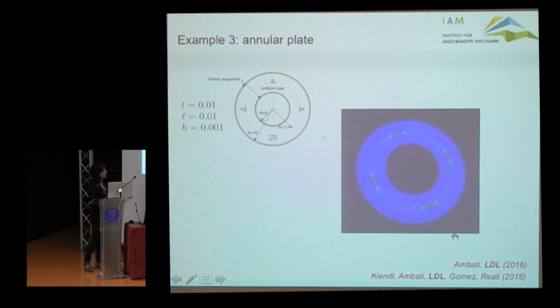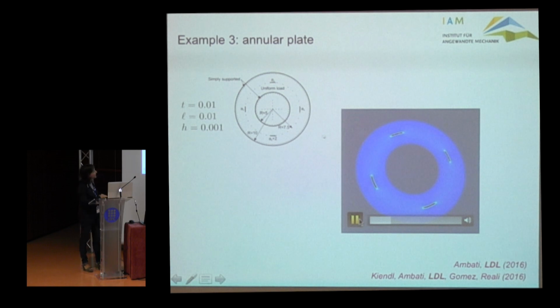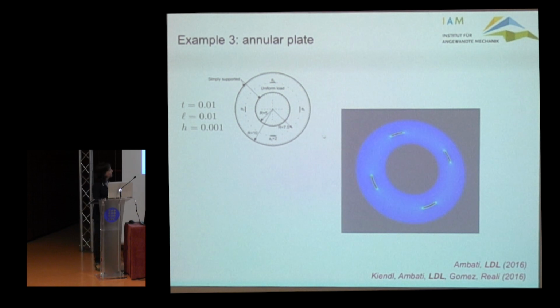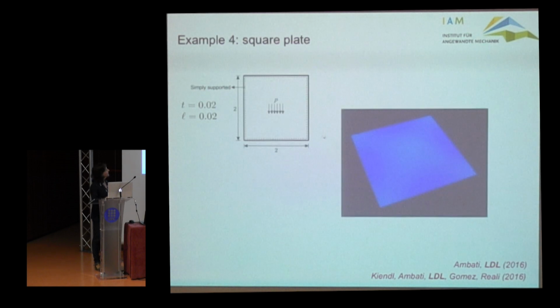Then we performed some more, let's say, fun examples here. We were checking the capability to merge existing cracks into one crack. This is an annular plate under pressure. So you see we have 4 existing cracks which then propagate and merge, which can be done straightforwardly with the phase field approach. And then in this case, we have nucleation and immediate merging of the cracks into 4.